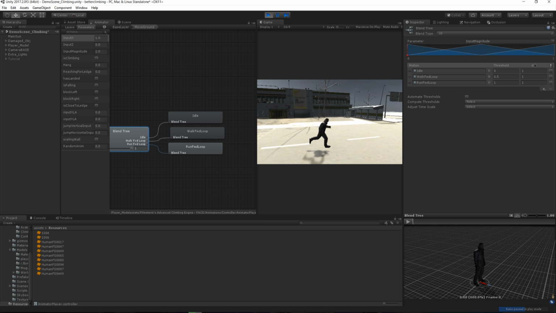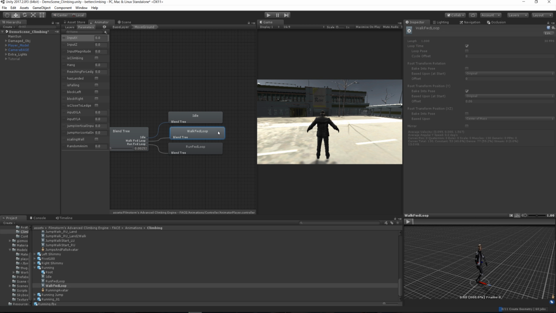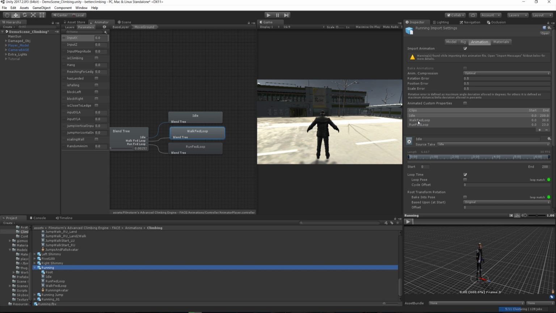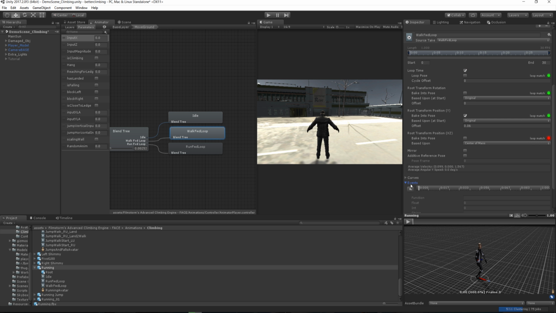Okay, so it's actually a run loop, but you can see that he takes a couple of steps in walk before. So we also want to set up walk loop as well. So let's click on our animation and it's going to show us where our animation is that we need to edit. So let's click on walk loop to start off with, go to events, and this is how we set